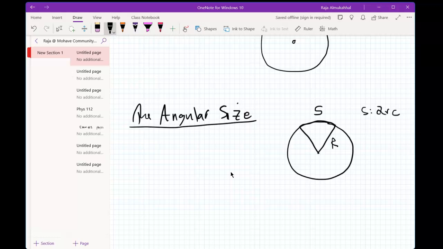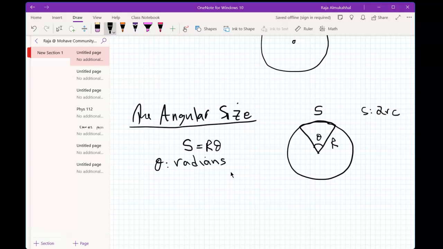And this is the radius R. And this is the angle theta, right? There is an extremely important relationship between the arc, the radius, and the angle. So we say that S is equal to R theta, okay? Very, very important relationship. Where theta here is the angle, and it is measured in radians,